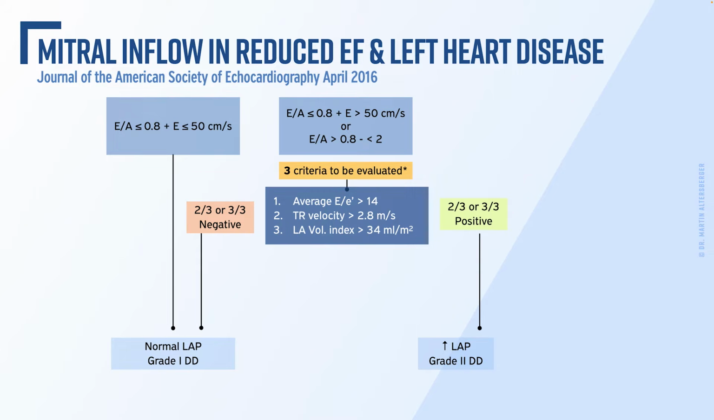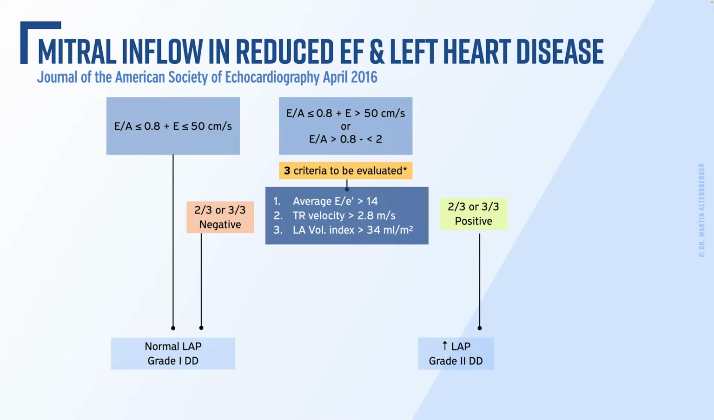So for example, we have an LA volumetric index of 35 milliliters per square meter, but the TR velocity of 2.6 meters per second and the E to E prime of 8, so all negative, and we have normal left atrial pressures, normal left ventricular end-diastolic pressures, a grade 1 diastolic dysfunction. Now when 2 out of 3 or 3 even are positive, we have a grade 2 diastolic dysfunction, meaning left